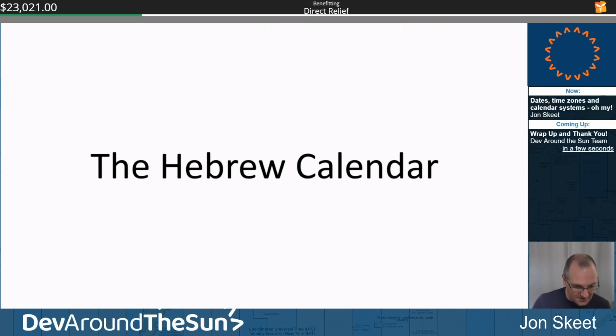Just as a disclaimer, this is in no way meant to be an attack on Judaism or Jews or anti-Semitic at all. But the Hebrew calendar system provides its own interesting aspects. So it doesn't have leap days. It has leap months. A year has either 12 or 13 months, depending on, well, even that depends. It used to be observational. So when the final month of the year, Adar,